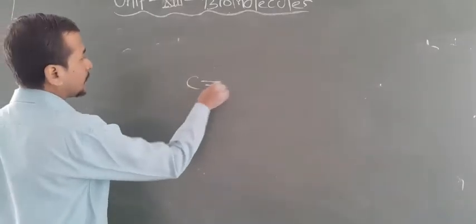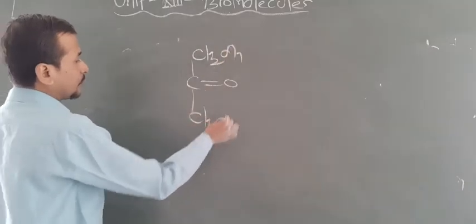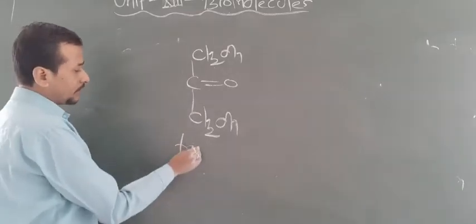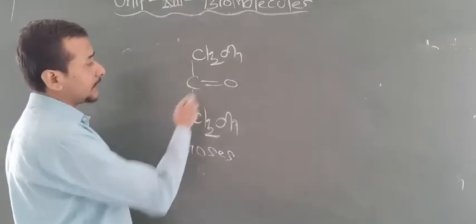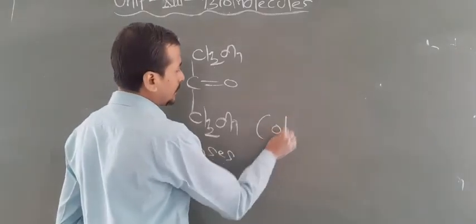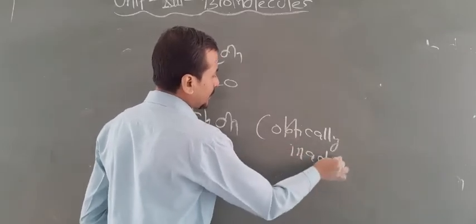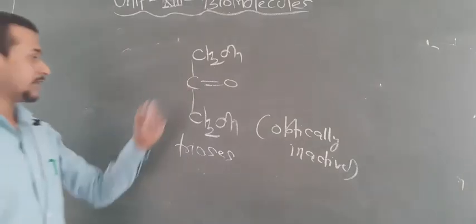Okay, one carbohydrate which is not optically active is basically C double bond O, CH2OH. So this is also a carbohydrate. This is known as triose, and this is also known as triketose because it contains a ketone group. Now this contains no chiral carbon, so that's why this carbohydrate is optically inactive. So one question may arise from here: write one example of a carbohydrate which is optically inactive. So this is the common example.